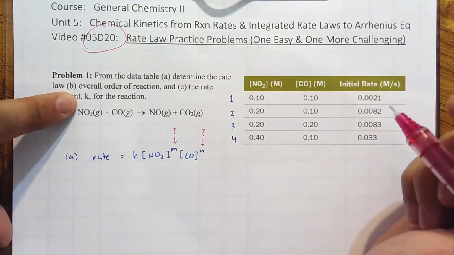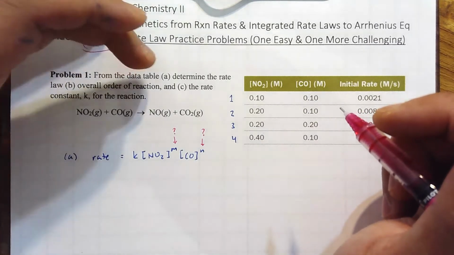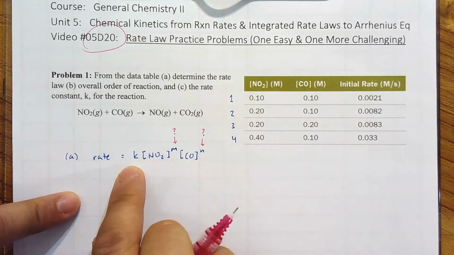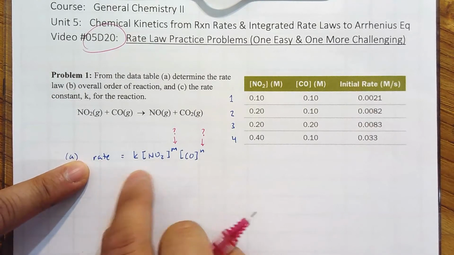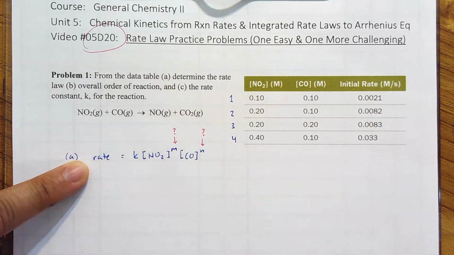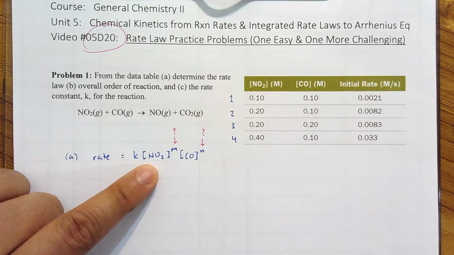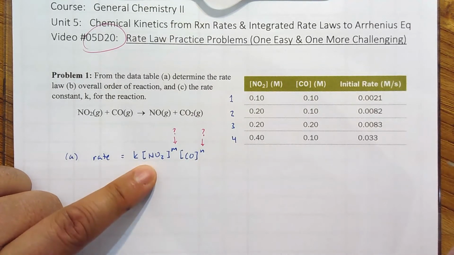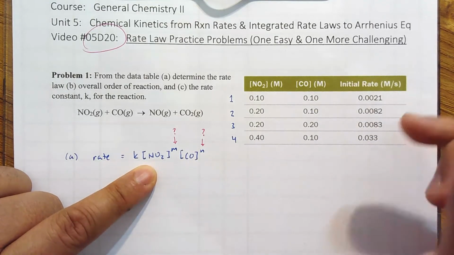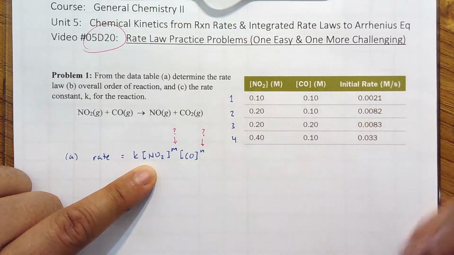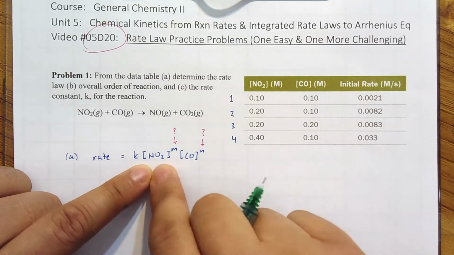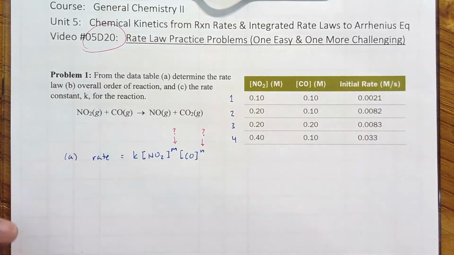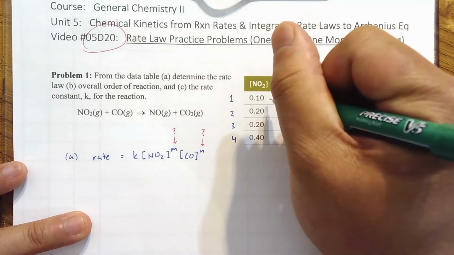Later on, they're going to ask for the K. So I would imagine that for part A, we just need to figure out M and N, and then for part C, we'll figure out K. So just for part A, when they ask for the rate law, M and N. Let's tackle NO2 first. The idea is to find two trials where NO2 changes, but not CO, and then the change in the initial rate will be based off of the change in NO2, since we're picking two trials where the CO is constant. And quite easily we can see maybe trial 1 to 2,